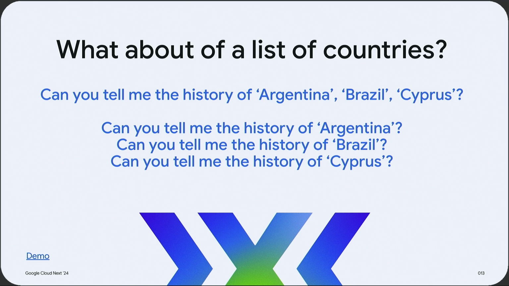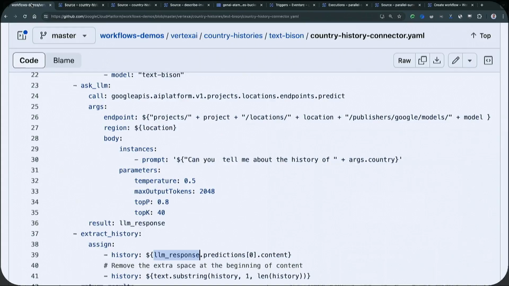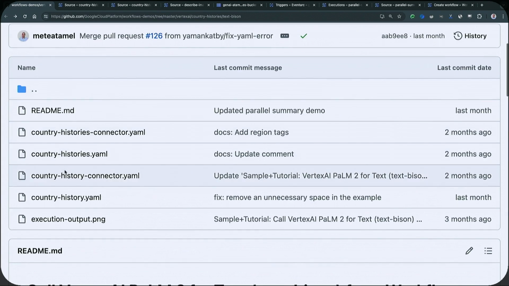This will work, but it will take a long time because LLMs take a little bit of time, especially if you ask something complicated. It can take 5 to 10 seconds or even more. So if you do this sequentially, it's going to take quite a bit of time. Thankfully, workflows can help with this. What we can do is use what's called the parallel steps feature of workflows. So if we look at this example,